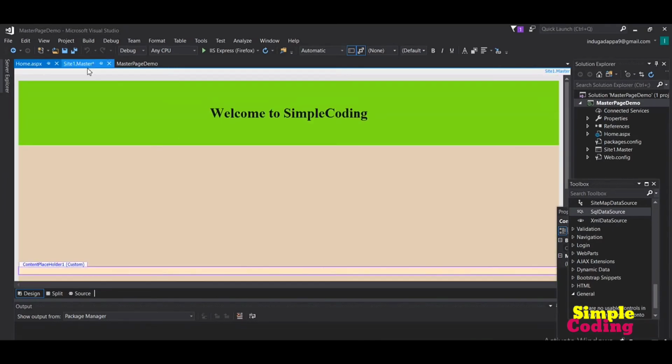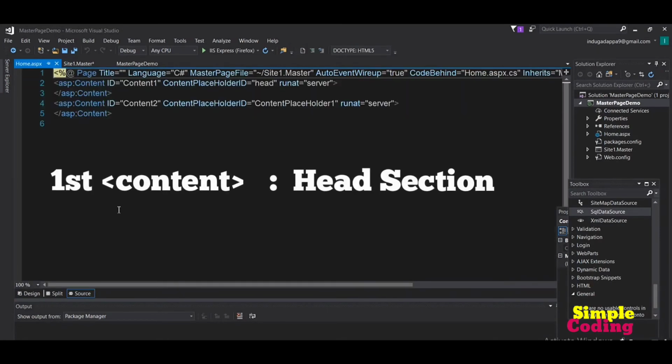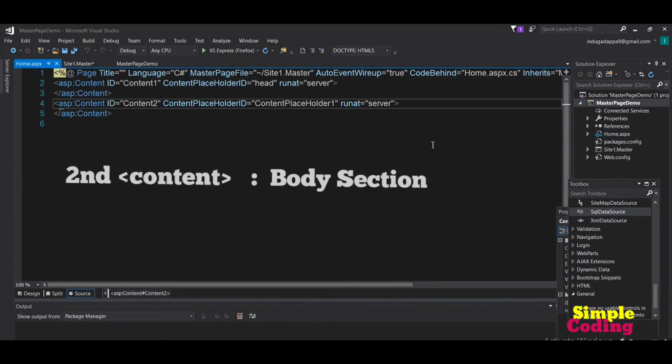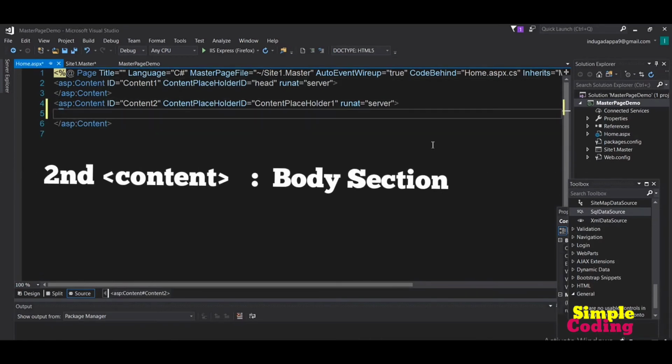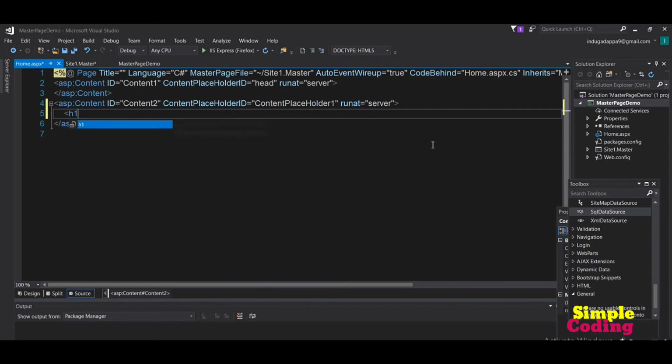Inside this source code we have two content tags. The first content tag is for the head section, which means we can place style related code inside it, and similarly the second content tag is for the actual body logic. So inside this second content tag only we will use our controls.